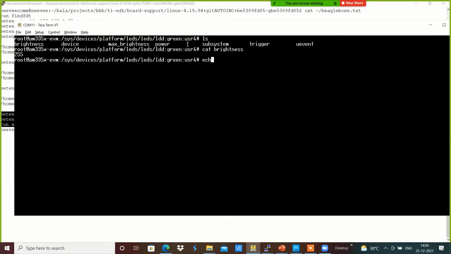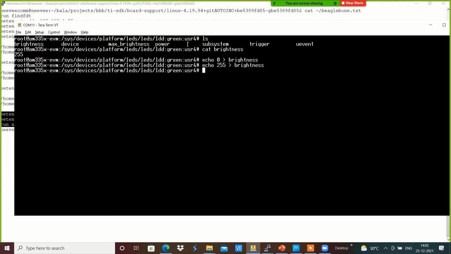I'm going to echo 0 to the brightness, which makes that LED glow. Since it is active low, writing 0 makes that LED glow, and whenever we write a non-zero value, that makes the LED turn off.